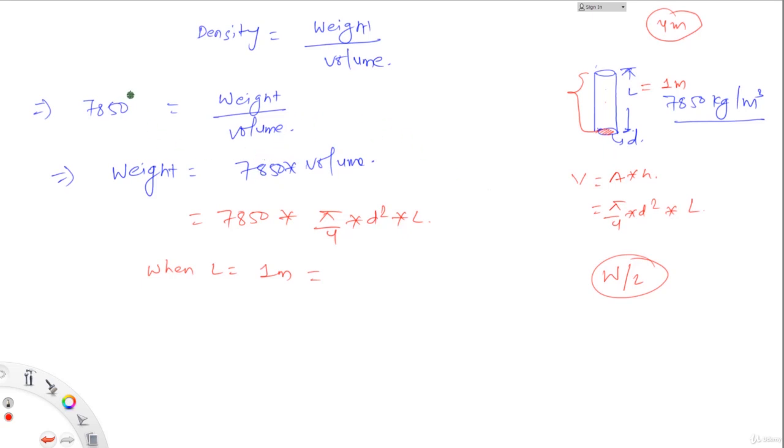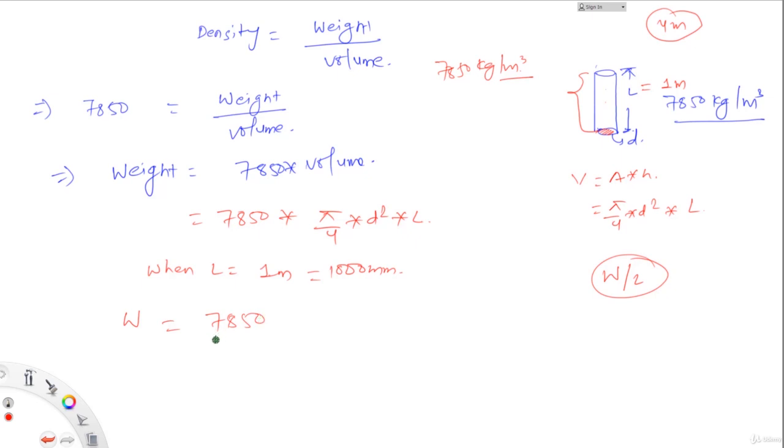The density is 7850 kg per meter cube. So let us convert this meter and also this meter to mm. 1 meter is equal to 1000 mm, which implies that weight W is equal to